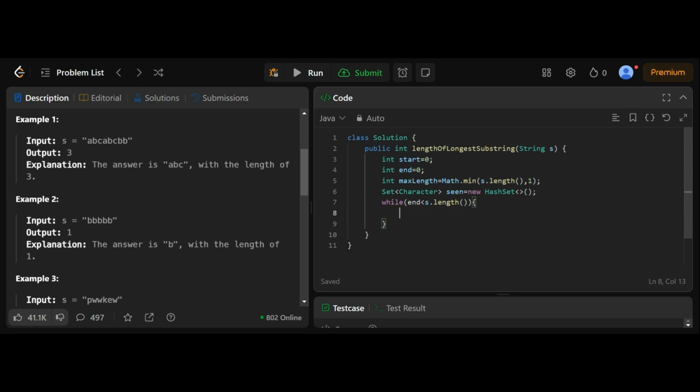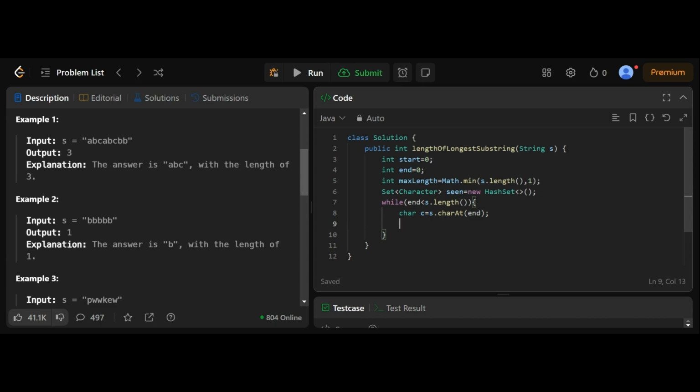While end is less than s.length, I'm declaring a character c which will hold the value of the character in the end position. Character c is equal to s.charAt(end). Now I have c which holds the character present in the end position.